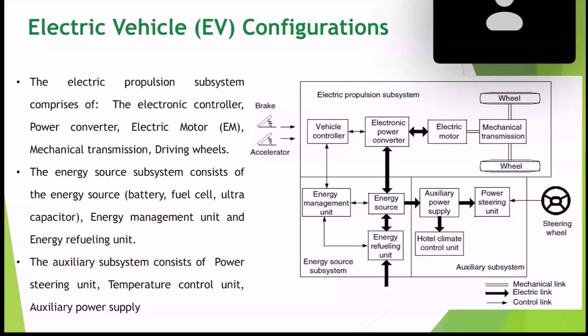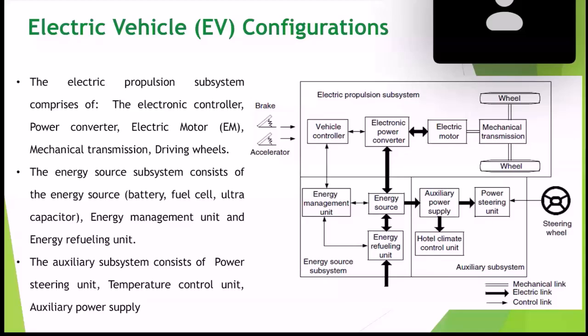So that is the important aspect in the electric propulsion system. From the power converter, the electric motor will be getting the supply, and from the motor it will be given to the mechanical transmission system. Whereas if you come to the energy source system, the energy source is either a battery or a fuel cell. Most widely as of now,